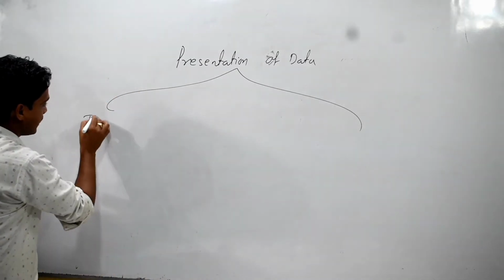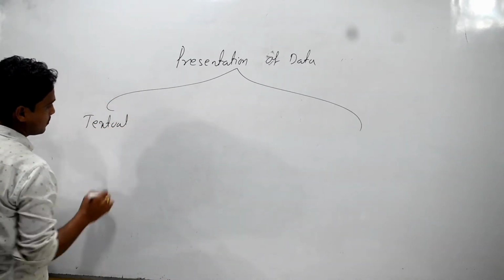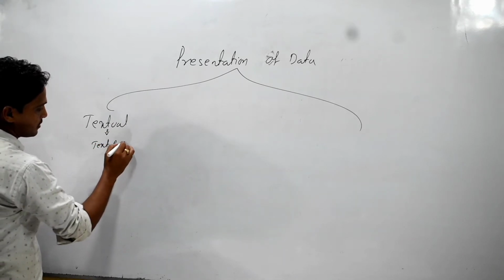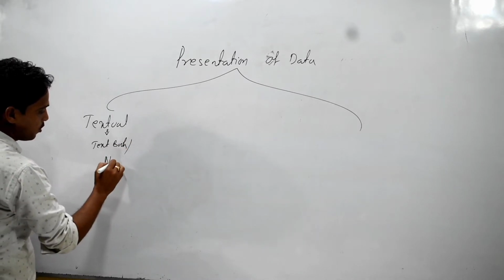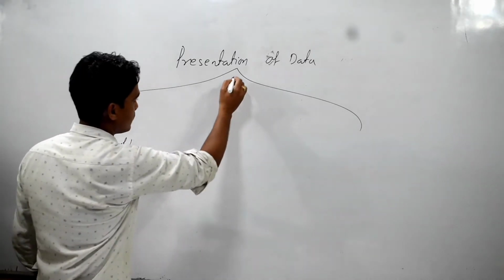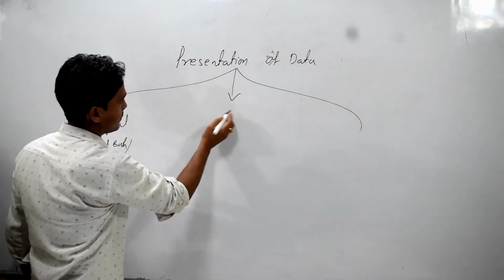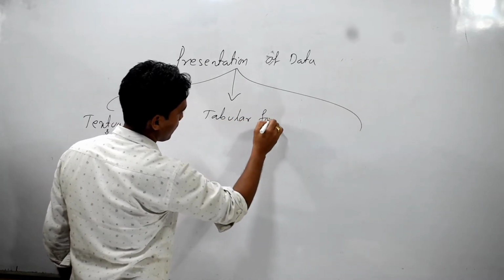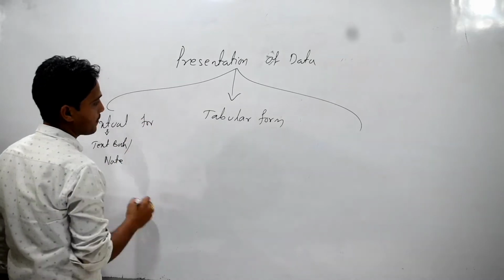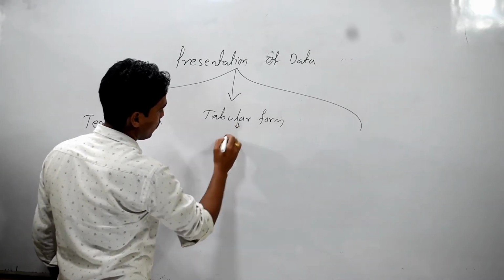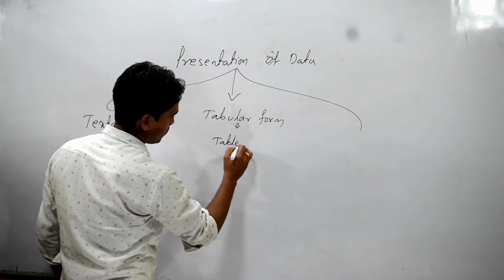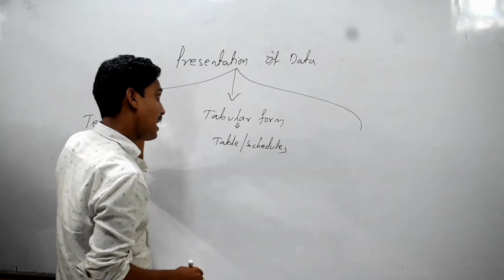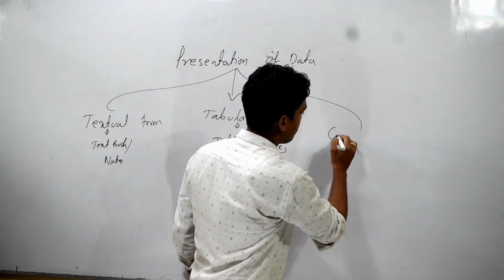That is textual form, which is our textbook or definition or notebooks, etc. The second one is our tabular form, where data are presented in the form of table or schedules. The third one is our graphical form,